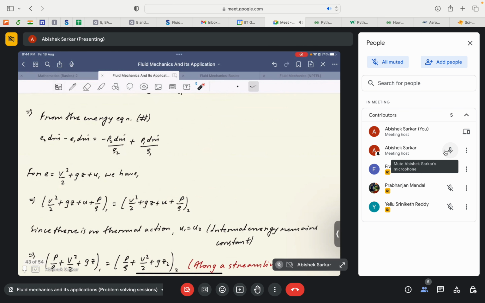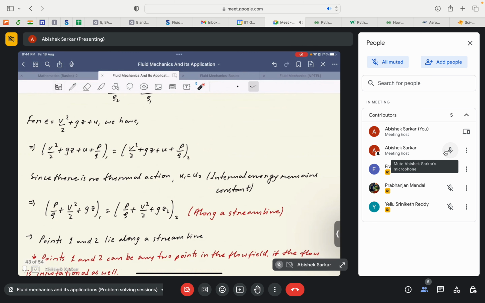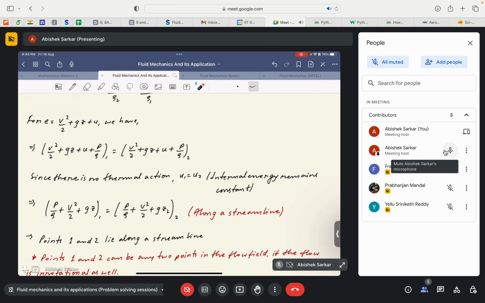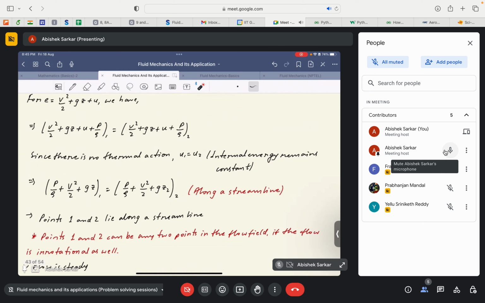So substituting those values in the energy conservation, we get V2 square by 2 plus gz plus u plus p by rho at 1 is equal to V square by 2 plus gz plus u plus p by rho at 2. So the sum of all these terms at the 2 points is constant. But again, since we are not dealing with thermal action, the temperature of the fluid will remain constant, right? Because the internal energy is a function of temperature only, right? So since that's the case,